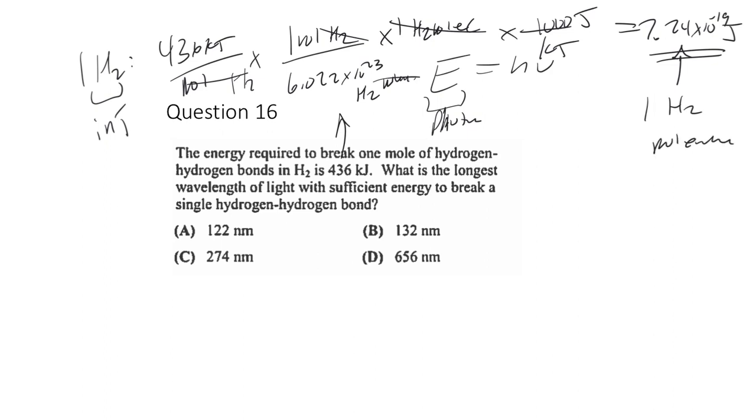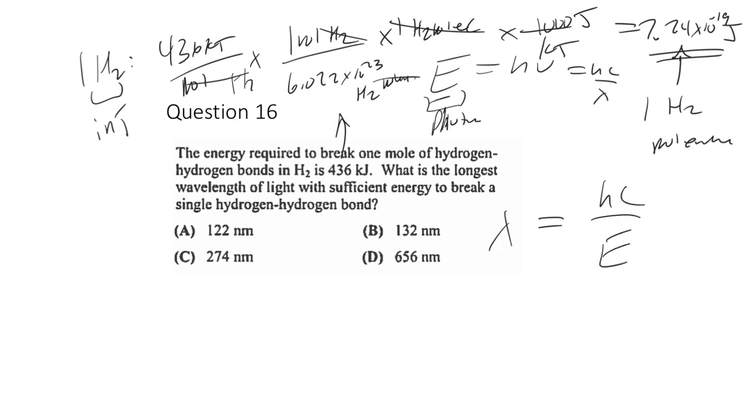So that's the bond strength of 1 H2 molecule in joules, and then we connect this to say, well, if our photon contains that much energy or greater, then it can break the bond. And so then E is equal to h nu. We set the 7.24. Let's also relate E equals h nu to hc divided by lambda, because lambda is what we want to solve for. We don't need the frequency, we want the wavelength. And so the wavelength is going to be the energy